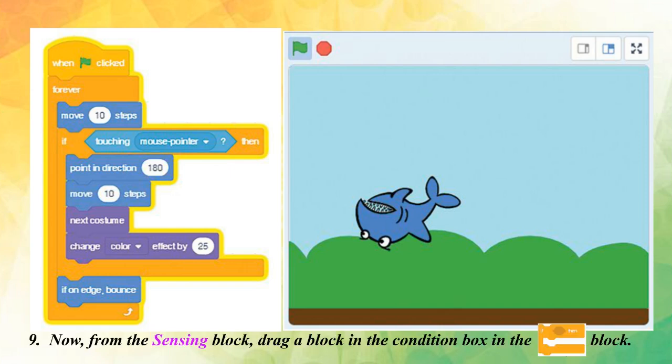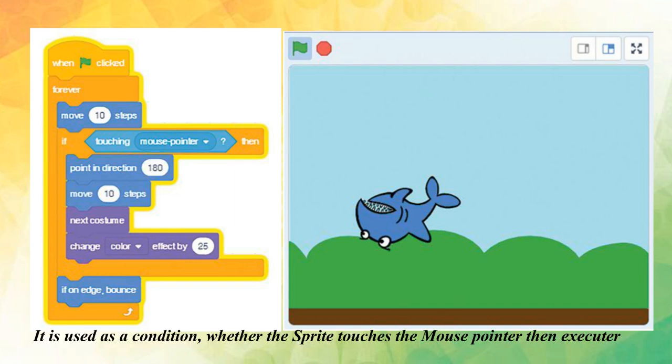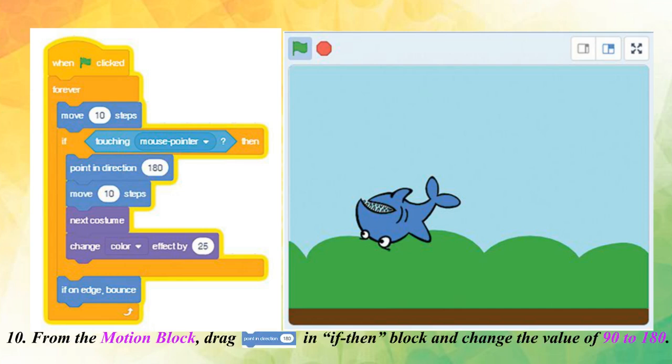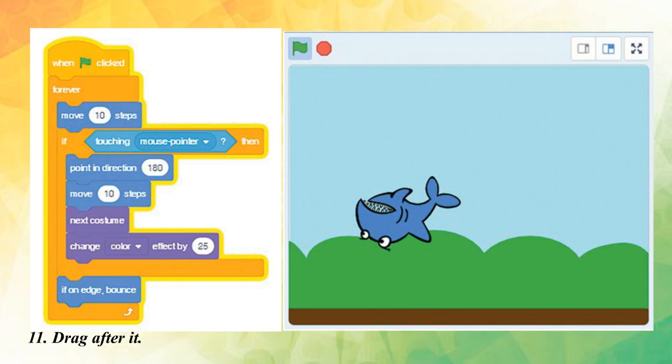9. Now, from the sensing block, drag a block in the condition box in the if then block. It is used as a condition whether the sprite touches the mouse pointer, then execute the blocks in the if then block. 10. From the motion block, drag point in direction 180 in if then block and change the value of 90 to 180. 11.